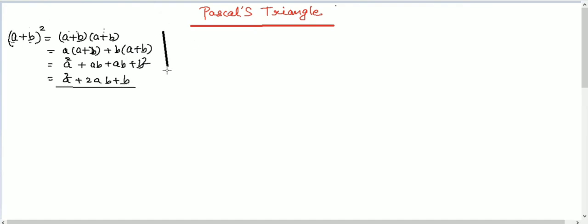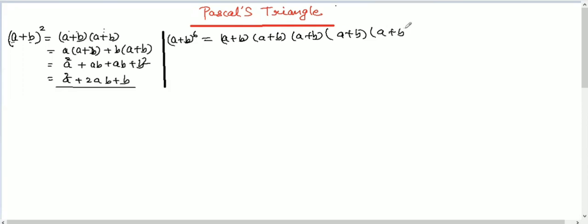But if we have to do (a + b) whole to the power 6, what does that mean? It means that we are going to multiply a plus b by itself 6 times. So write it down 6 times and we can do that. But the only problem is that multiplying 6 times is very time-consuming, this method would take a very long time to expand. So for this, we use Pascal's triangle if we want to expand this binomial expression in less time.